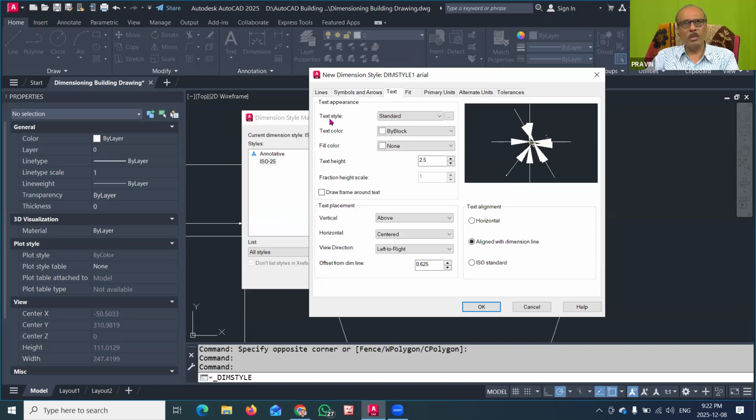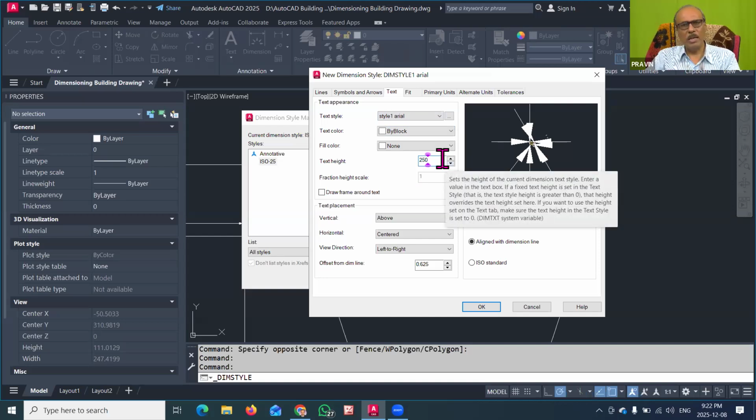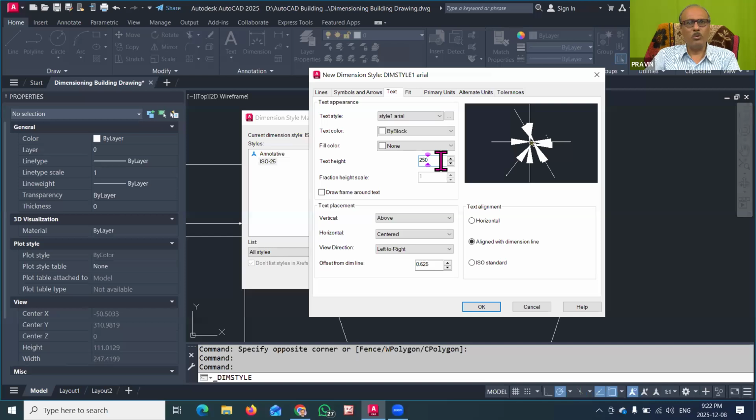Arial font. So in the text style dialog box, I will go here and I will select the style 1 Arial. Now I have taken the style 1 Arial as the text style. And now all other things you can manage. But at present, I have just already said that the text height shall be minimum 250 millimeter or 300 millimeter as you can take. But I prefer 250 millimeter, so the dimension text will appear 2.5 millimeter in the drawing when we print that drawing. So you have to remember the text height shall be 250.